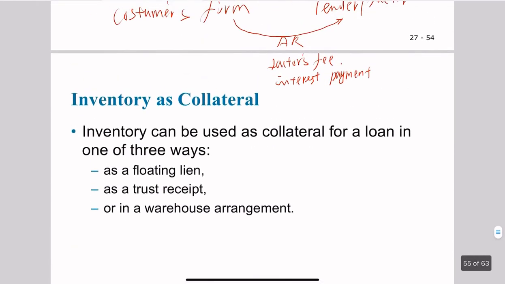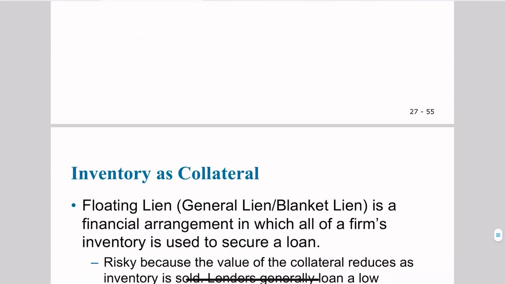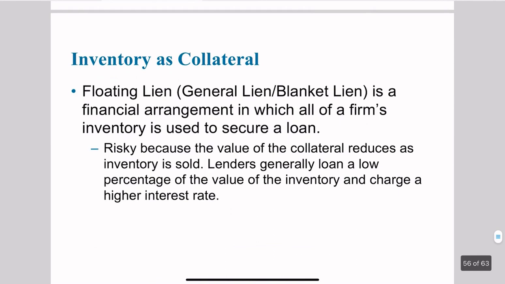Okay, now let's talk about inventory. Clearly, inventory is one type of current asset. It can also be used as a collateral in short-term financing. Inventory can be used in three ways. The first is a floating lien. The second is a trust receipt. The third, warehouse agreement. So in a floating lien,